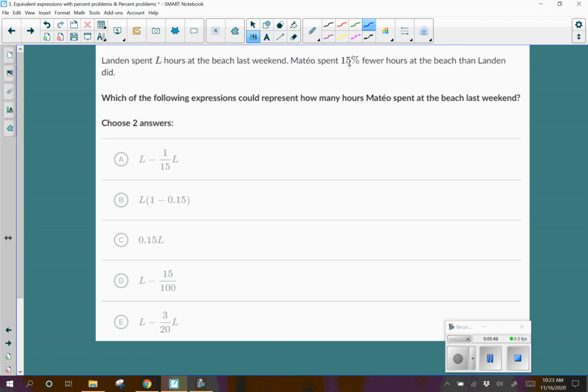So it's 15% fewer hours. So we know Landon spent L hours, and if it's fewer hours, that means we're going to be subtracting. Well, we're trying to find 15% of L, and 15% written as a decimal would be 0.15. And then again, we see that "of" word, which indicates multiplication. So we're going to be taking Landon's hours and subtracting